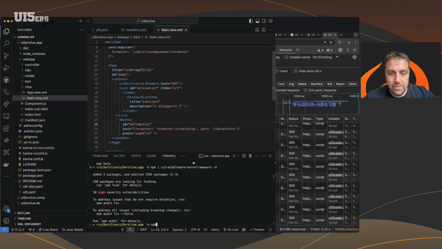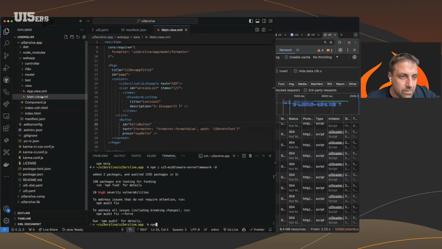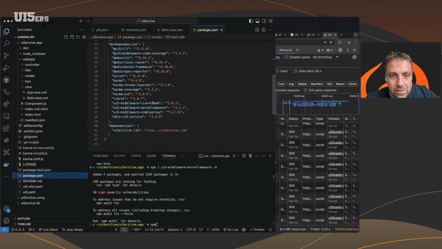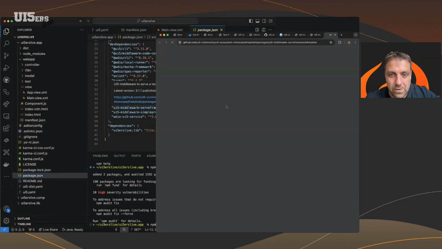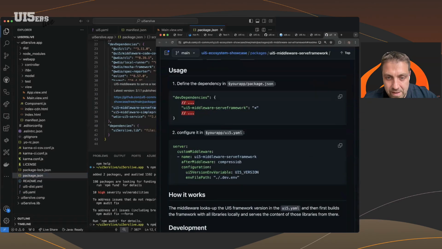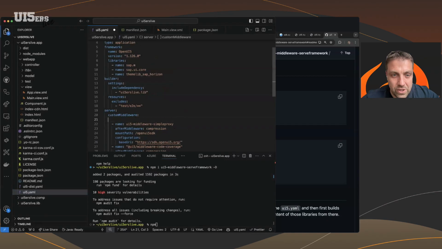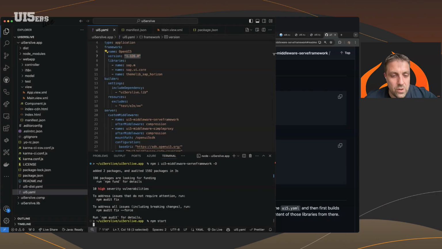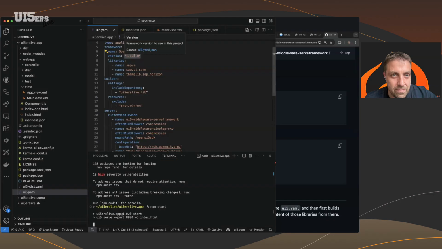So if I now check, this is mainly configuration free, but I just need to go there to look up the configuration quickly, then I can spare a bit of time. So I copy the way how it's being configured. You just drop it in. You don't need to configure anything. All the information it needs is in here, like the version of OpenUI5, the framework and the version, and that's it. So if I now start the application, the first time you use that and you haven't built OpenUI5,